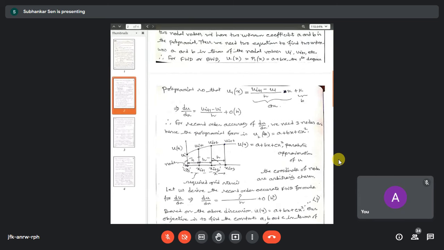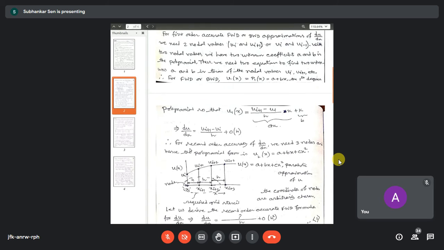So here, if we want to find out the second order accurate formula for du dx, let us consider the forward difference cases. So as I was telling you, you need 3 nodal points. Okay, because for first order accuracy we needed 2 points, i and i plus 1. For second order accuracy, second order accuracy means more accuracy. So when we say first order accuracy, it is a poor accuracy case. When we say second order accuracy, third order accuracy, fourth order accuracy, we actually get less error in our solutions. We increase the accuracy of our solutions, so we get better results.